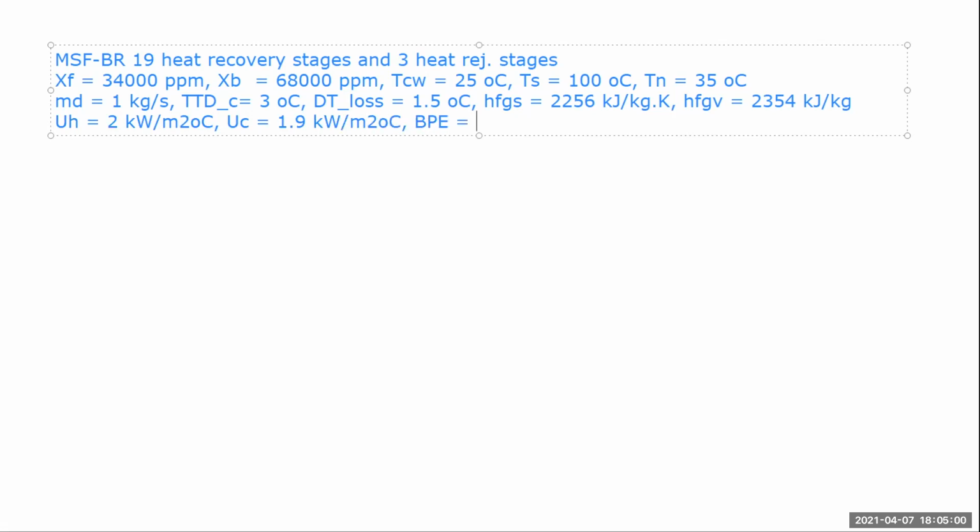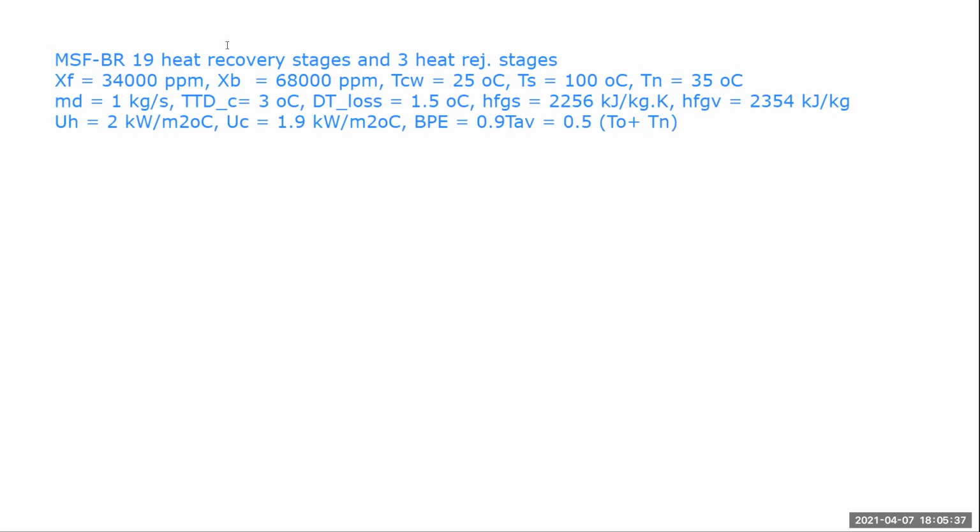Boiling point elevation is 0.9. So this is the kind of data that are given for the plant, and there's something here that we don't have to get, but we would know that the average temperature is somewhere between the top brine temperature and the bottom brine temperature, or the rejected brine temperature, which is the average temperature at which HFG, for example, has been calculated. What is needed to be calculated in this